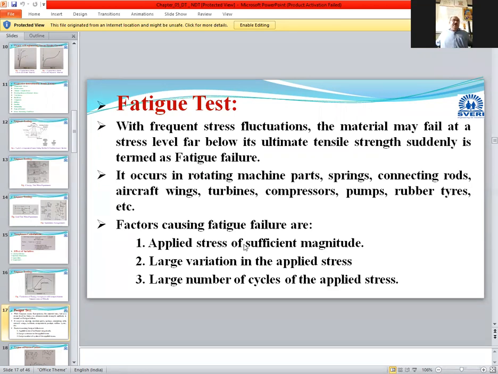So in a rotating shaft, what is the actual load carrying capacity? What is the material of the shaft? And how long the shaft rotates in normal conditions depends upon this. If the induced stress in any rotating shaft goes beyond the limit, then fatigue failure will be there, and this will be before the ultimate tensile strength. Okay, next.